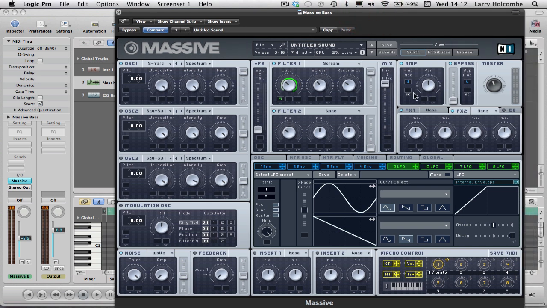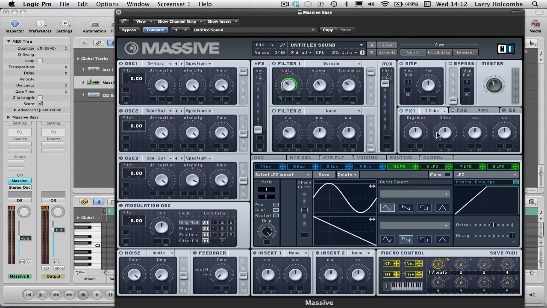The next thing I'm going to be looking at is beefing up my sound using Massive's effects. So within Massive we have two effects, FX1 and FX2. I access them by clicking on the little drop down menu next to the FX1, FX2 label. So I'll click on that, and I'm going to use a classic tube, which is an overdrive effect. So what it's going to be doing is introducing harmonics to the sound. It's going to be beefing up by adding extra